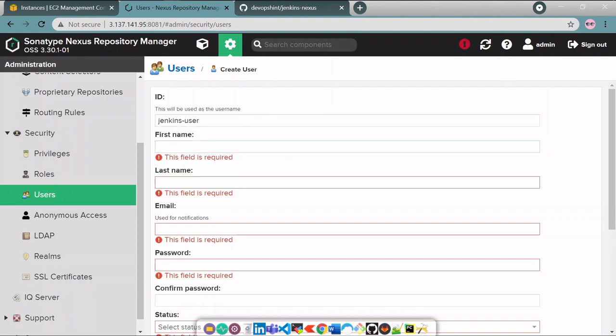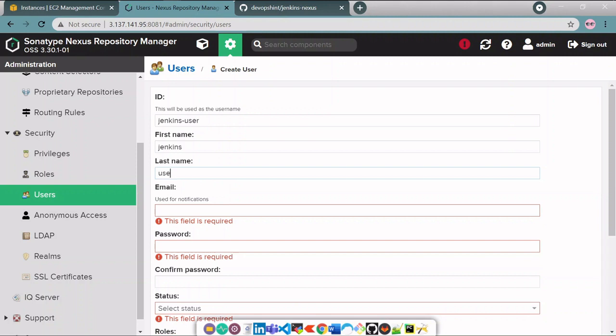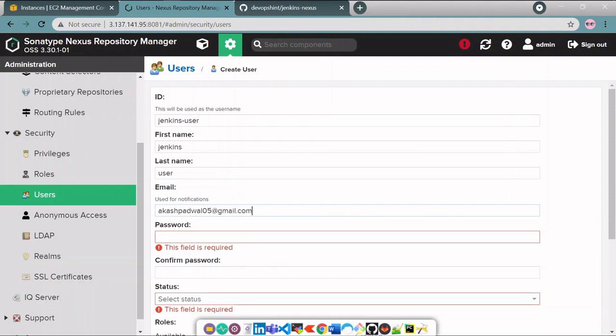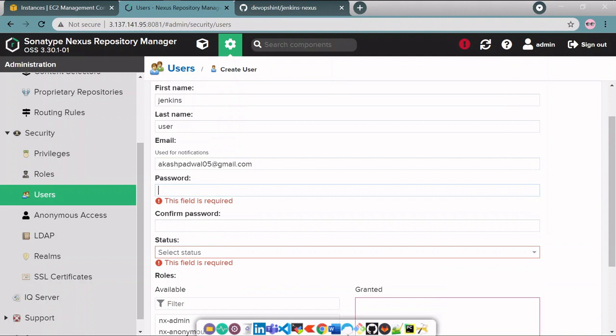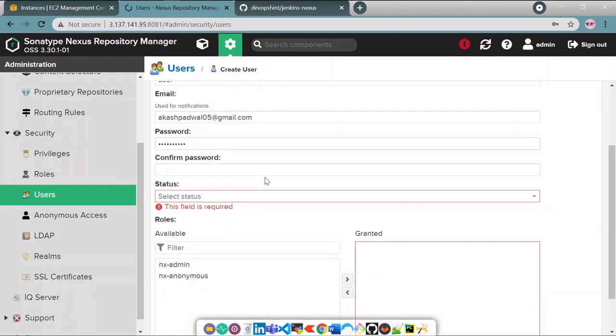Then provide the first name which is Jenkins. Provide the last name which will be user. Provide your email address. Then provide a password, and retype the password.